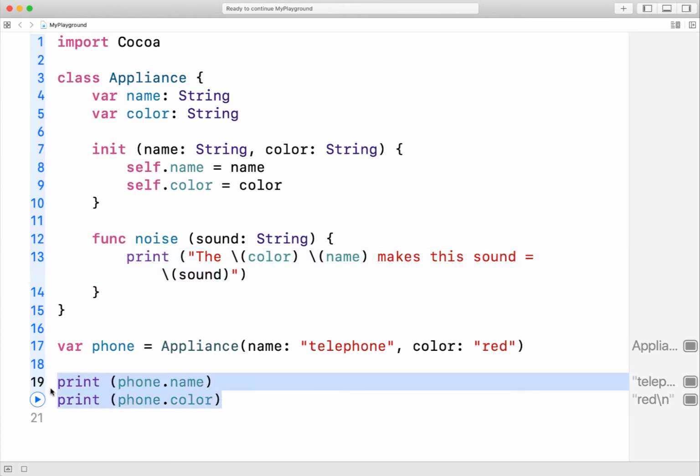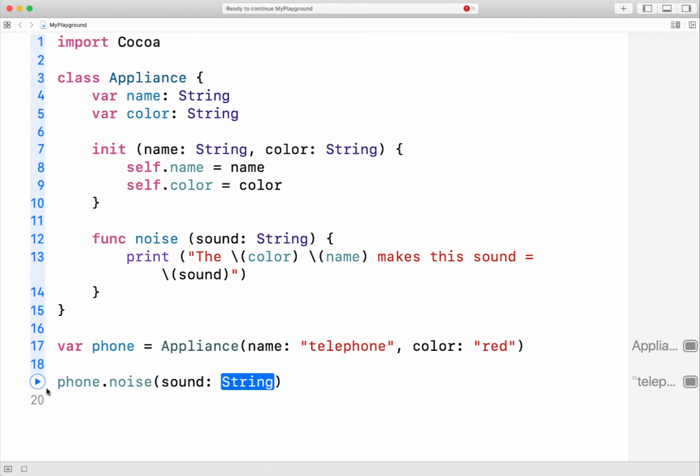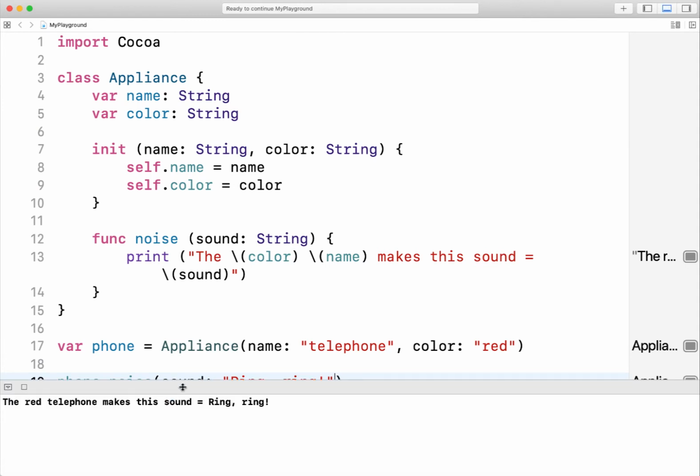And now, when we want to access and run that function or method, we just use the object name followed by the method name. And if there are any parameters, we need to pass that in. And if we run this code, you'll see that